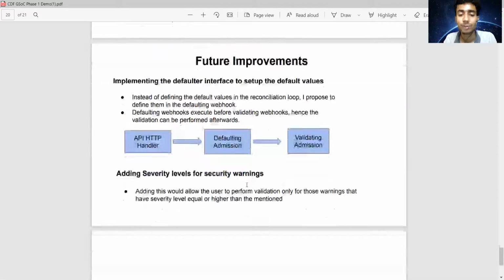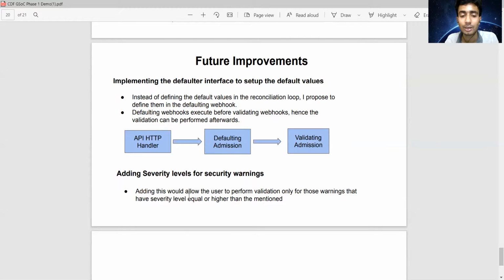Apart from that, I had a discussion with my mentors, and we also want to add severity levels for security warnings, right? The warnings have severity levels, like if a particular security warning is rated medium, or it is of low severity, or it is of high severity.